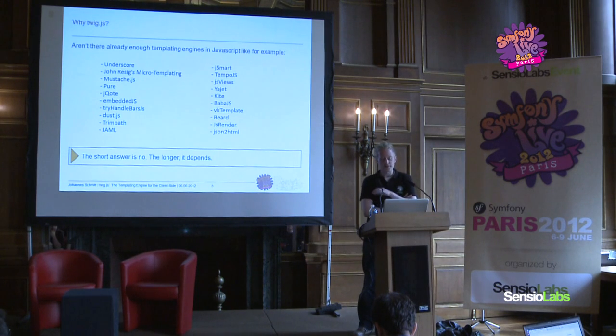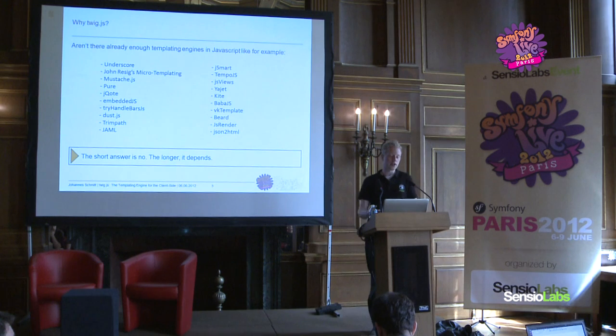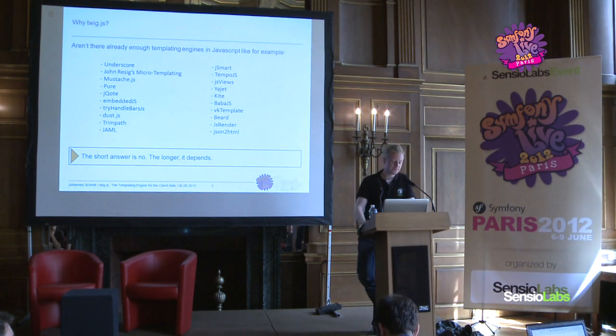So why twig.js? Basically, I did a quick search on JavaScript templating engines, and there are really many of them coming up: Underscore, John Resig's micro templating, Mustache.js, Beard.js, JsRender, the Smarty-inspired jSmart. So there are many templating engines out there for JavaScript, so why create another one and not use one of these? Well, basically,